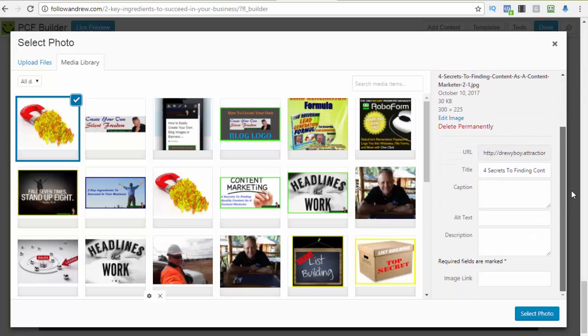Now in here you can actually put the URL of your blog post. Okay, so you could, from the top you can copy it, Control C for copy, click in the box, Control V for paste. So by putting that in there, you actually make this image in your post clickable to go back to your blog post. So if anyone searches it on Google or just finds your image out there and clicks on it, it'll come back to your blog post. Very powerful. So we'll go select photo,